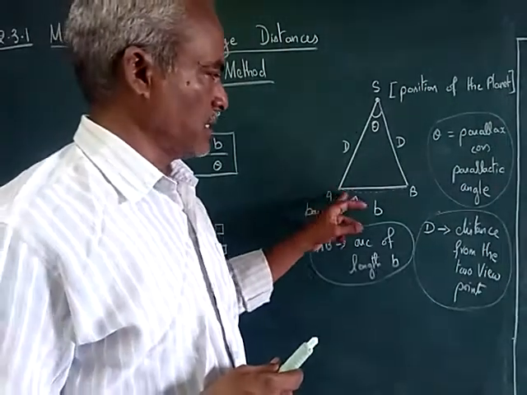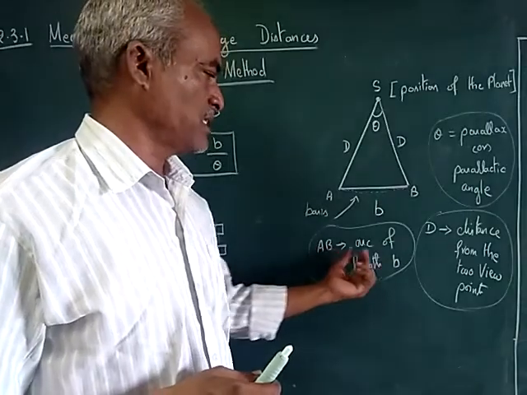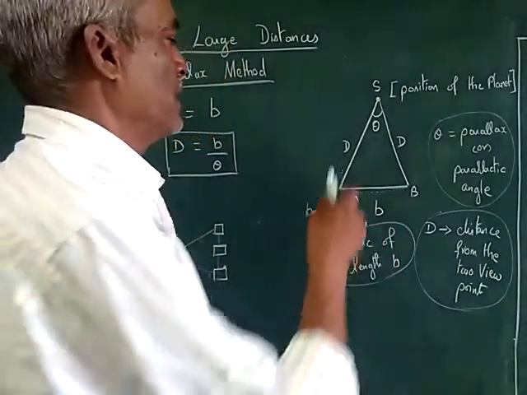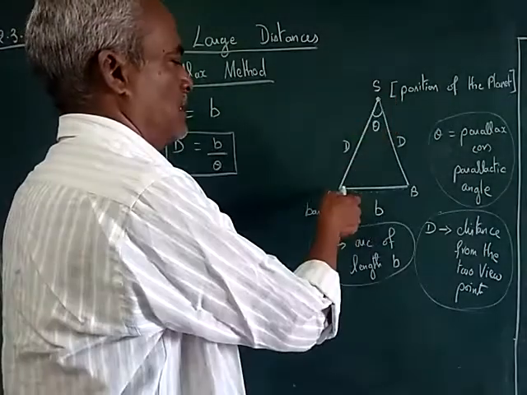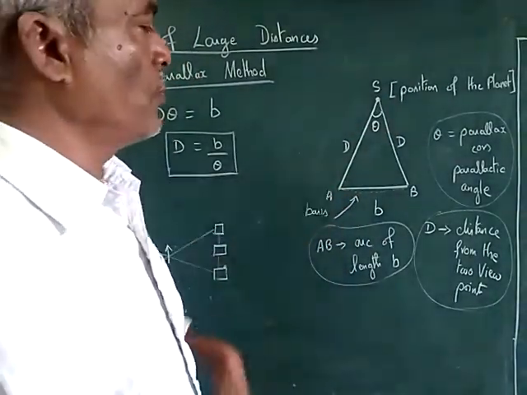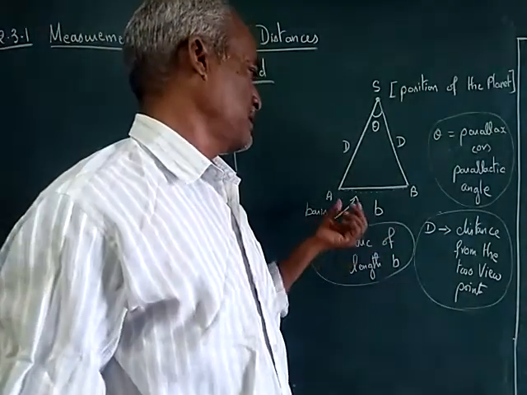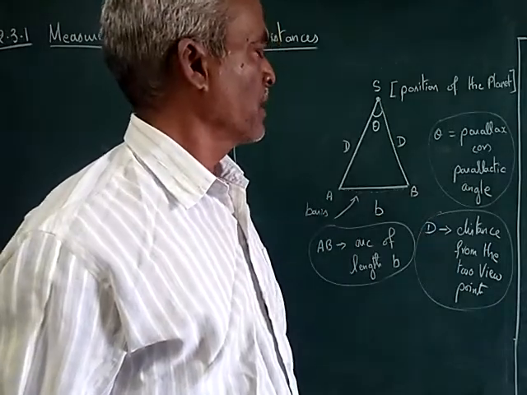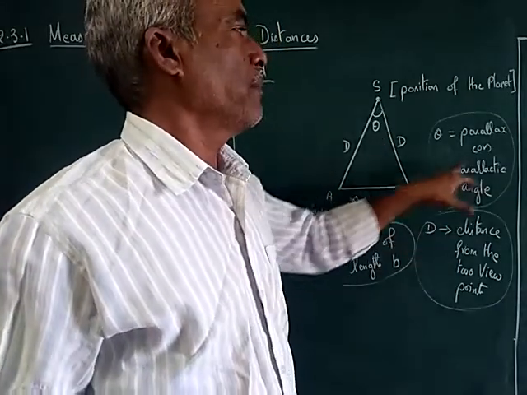So AB is the arc of length b, small b. The distance between the planet and the Earth's surface is D. So we view from two points, say this is viewpoint A and viewpoint B. Theta is the parallax